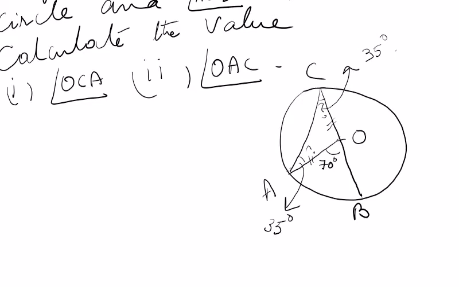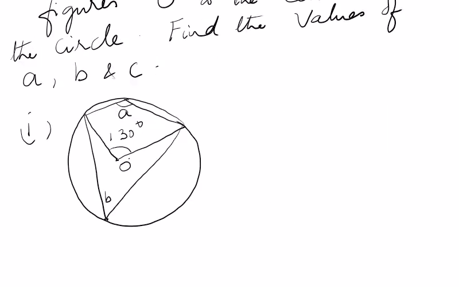Then in triangle OAC, OC is equal to OA, radii of the circle. This is another reason, radii of the same circle. Therefore angle OCA is equal to angle OAC is equal to 35 degrees. The reason will be angles opposite to equal sides are equal. So do it. I'll give you 3 minutes or maximum 4 minutes, and then I will proceed to the next question. Okay children,